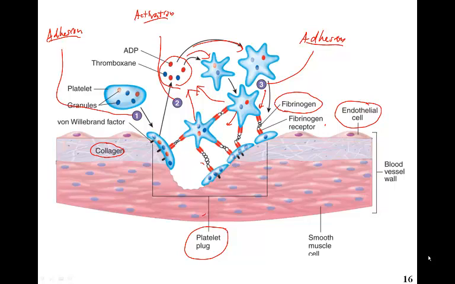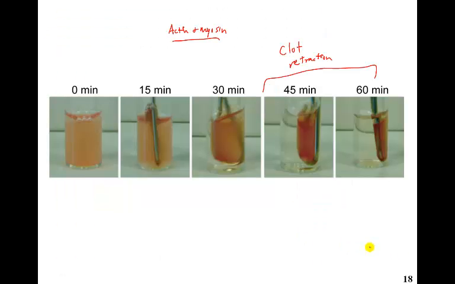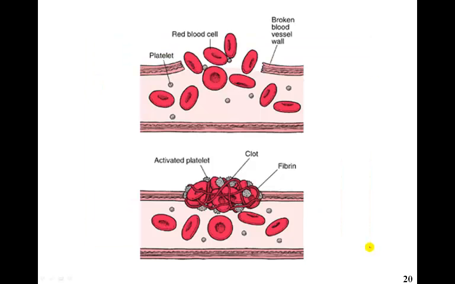But luckily, we do have a mechanism for sealing off much larger vessel breaks, which is the blood clot. And so now we're going to talk about how blood clots form. Okay, so the blood clot is a network. Here you see a larger break, and then you see the clot formed in the break, sealing it off. And a clot is basically a network of a protein called fibrin